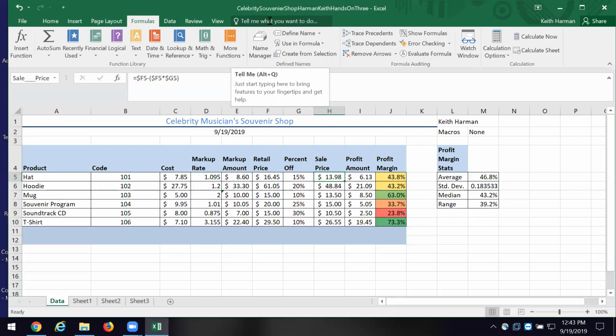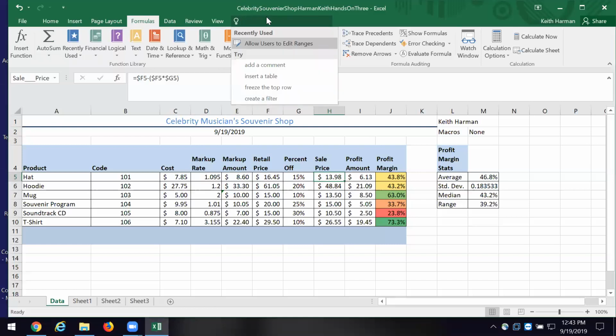And let me tell you this, I've been using Excel since it was invented, and I still get stuck with stuff like, where is this or that? And I've learned to do what? Go for help. You see the little light bulb? That's the most valuable tool you have in Excel. Because if you forget how to do something, or you forget a process, or you forget what a particular feature is, you can click in there and find the assistance that you want. It will give you some tips, it'll give you some help. Okay?